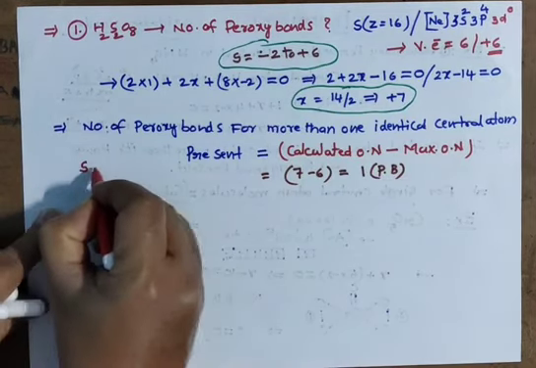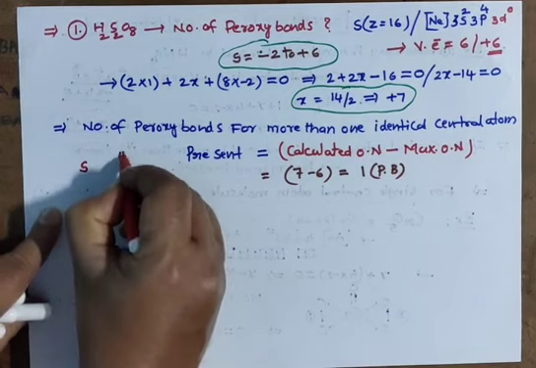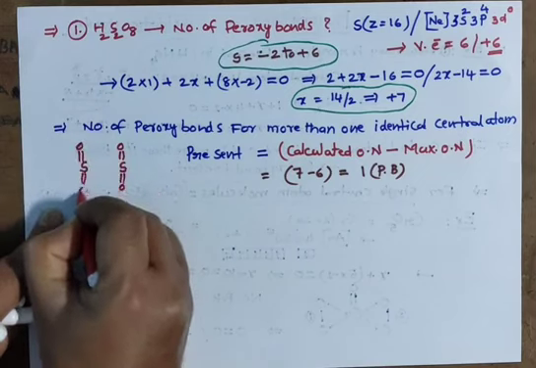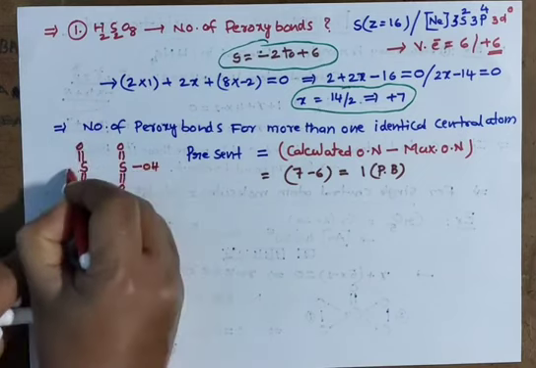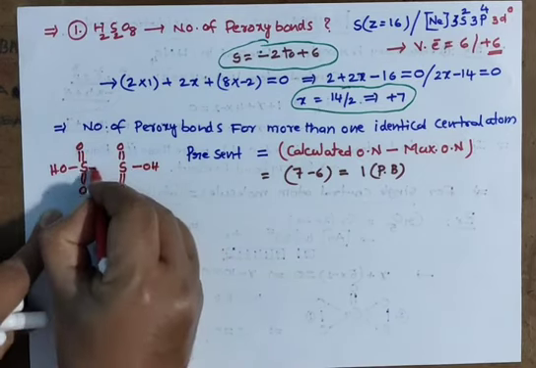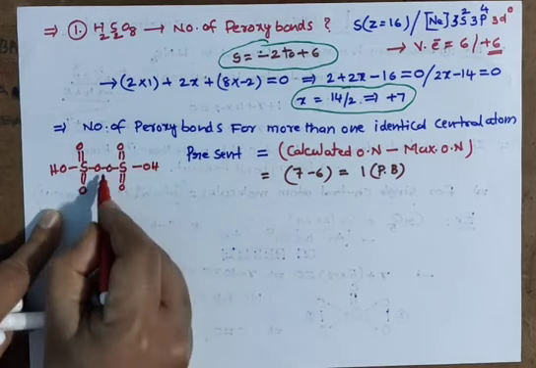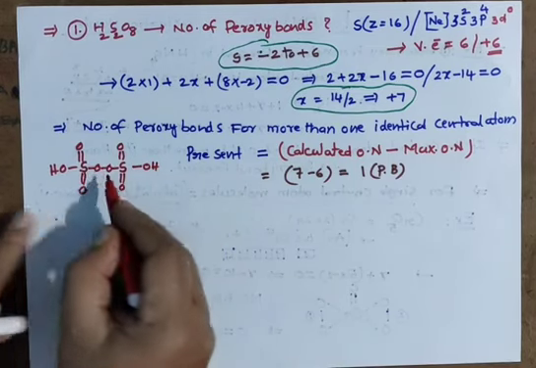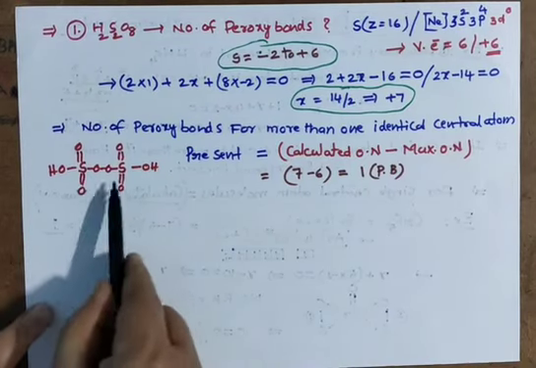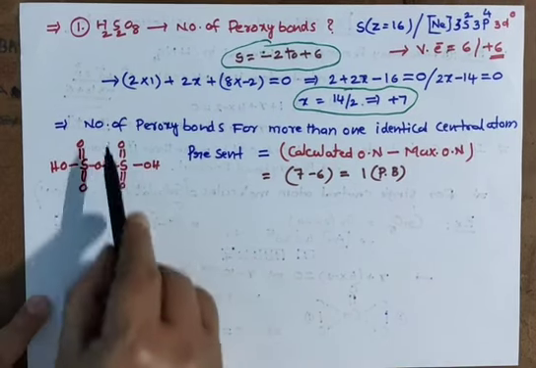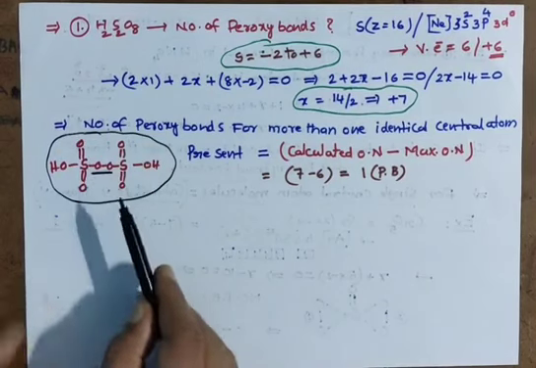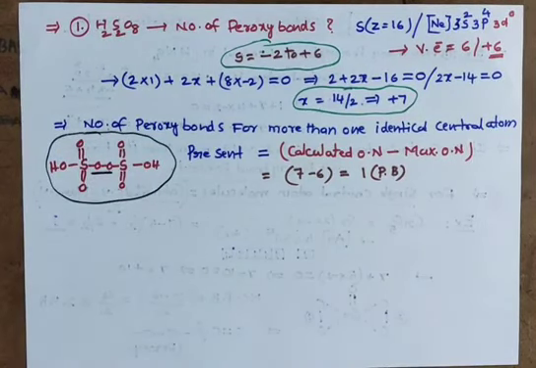Go for here, sulfur, 2 central atoms, double bond O, double bond O, double bond O, double bond O, OH is compulsory. So 3, 3, 6 we got. And the remaining 2 oxygens are present. See here, these 2 are oxygens. Oxygen with 1 central atom, and 2 central atoms here, sulfur. Clear? This is the structure of H2S2O8. One peroxy bond is present here. Like this you can calculate for any molecule.